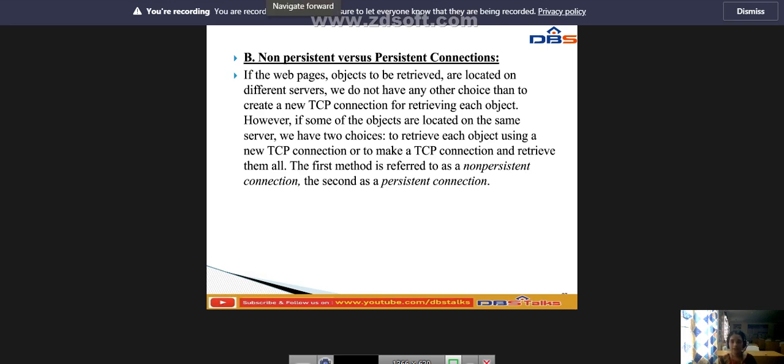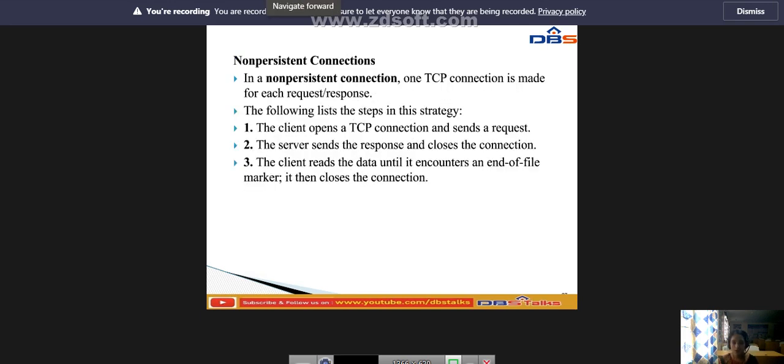Okay, next, non-persistent connection. In a non-persistent connection, one TCP connection is made for each request or response. The following lists the steps in this strategy. The first step is the client opens the TCP connection and sends a request.